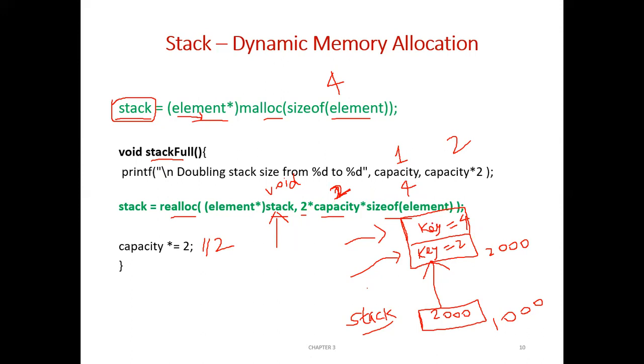Already 8 bytes are allocated. Another 8 bytes will be allocated. So totally it is 16 bytes. That is another 2 elements it can hold. So the starting address of the second element will be 2004. Okay. The starting address of the third will be 2008. The starting address of the fourth will be 2012, like that. Okay. So now you can perform 2 more pushes.